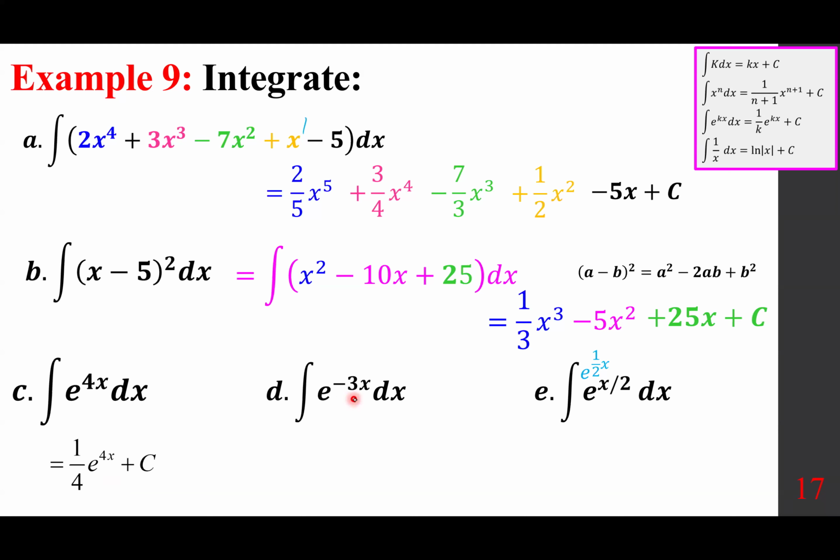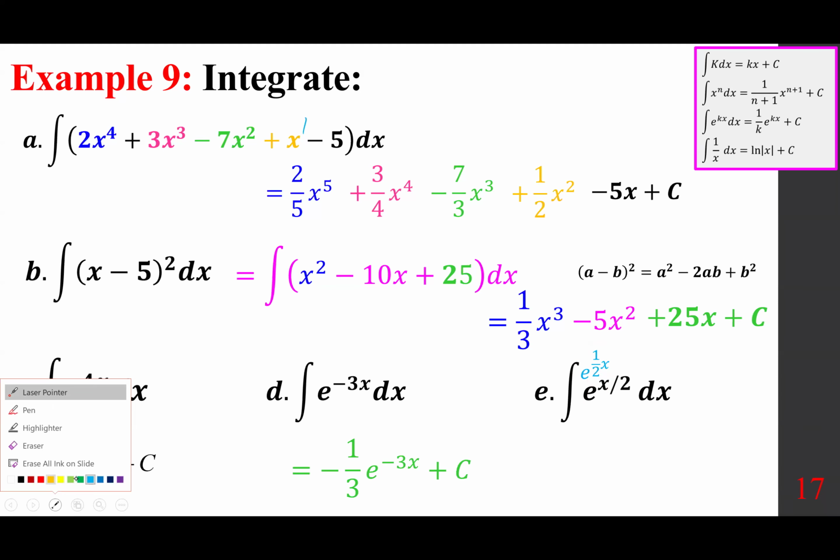This one, it's itself, but divided by -3. That means negative 1/3 e to the power minus 3x and a constant. And to do this one, I changed it to e to the power 1/2 x because I want everybody to see that the coefficient of x is 1/2. So you divide by 1/2. So you get